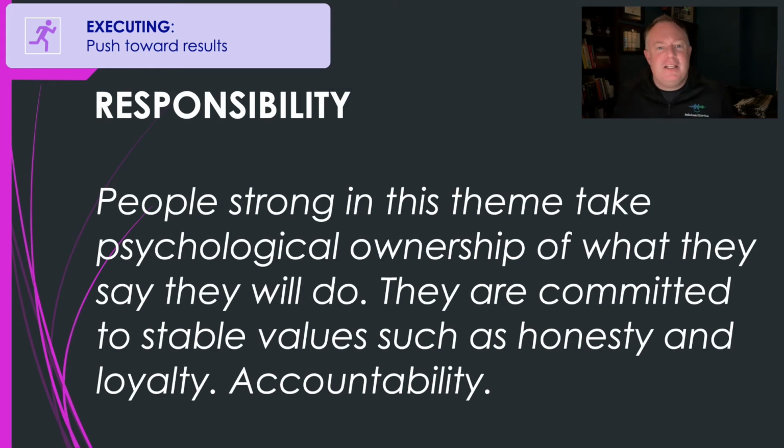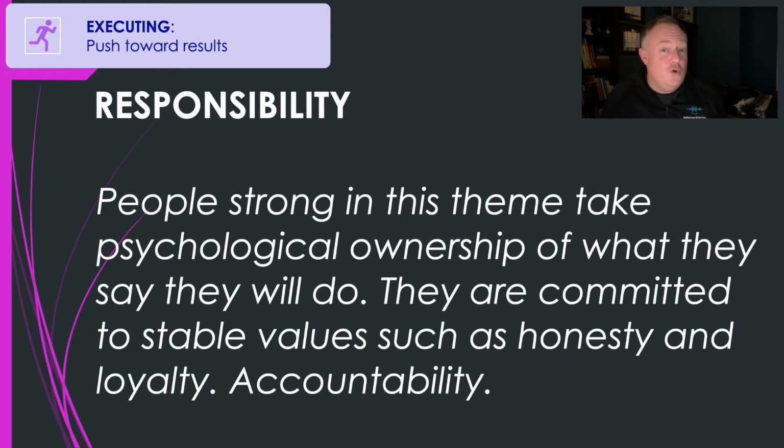So potential blind spots for people with responsibility: probably over apologizing when something even outside of their control goes wrong, or something that they did goes wrong. That could be a blind spot. I think also because you've internalized it so much that you feel like you let other people down, which lets yourself down. So that's a potential blind spot.